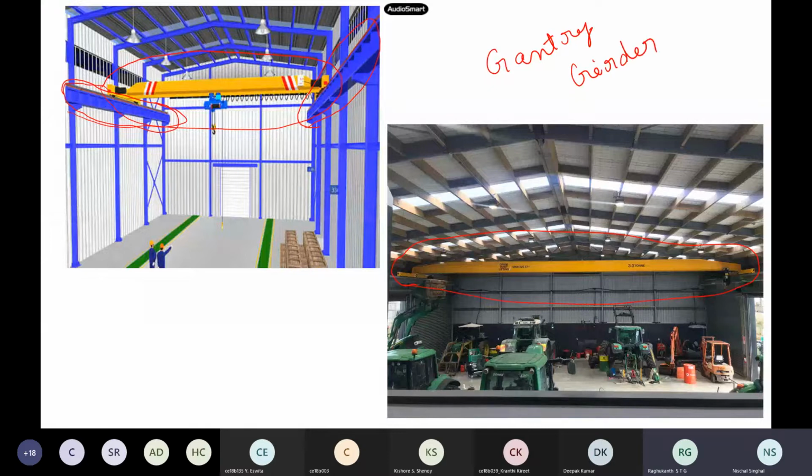So there, this design becomes very important. If you are designing a gantry girder, then this crane load, how much it comes to, also has to be included in our design. Suppose you are designing an ordinary steel building, then you don't require a gantry girder. You can do the regular design itself. If time permits, at the end of this course, we will see how to design a gantry girder also. But that is in a later step. So for the time being, you can ignore the crane load. That becomes very important for gantry girders and other designs.